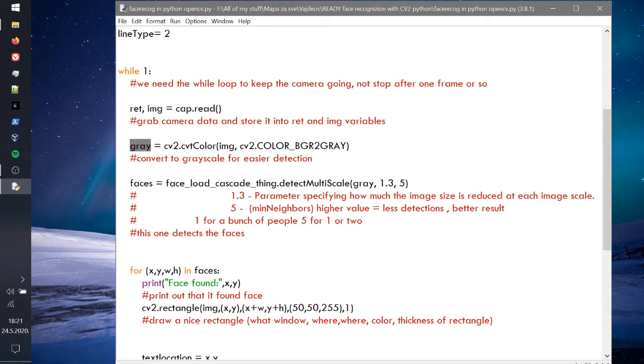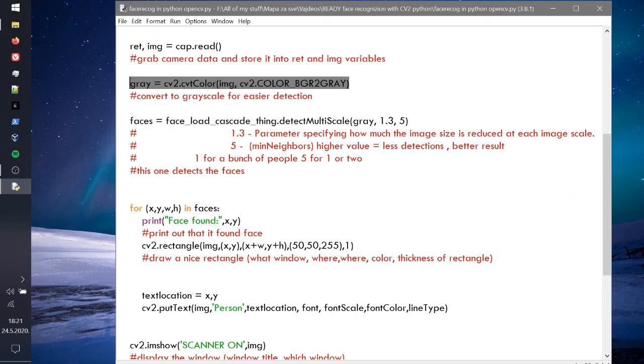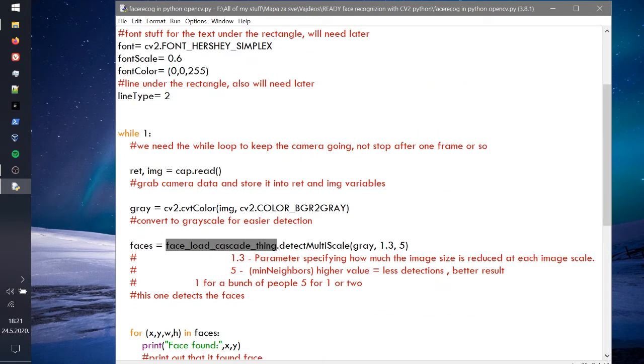Then we have gray equals cv2.cvtColor. What this basically does is convert the frame to grayscale, because it's easier for CV2 to detect faces like that. But don't worry, we're going to display a nice RGB face and then draw a rectangle over it. Now we have the faces, which is our face cascade variable from here,